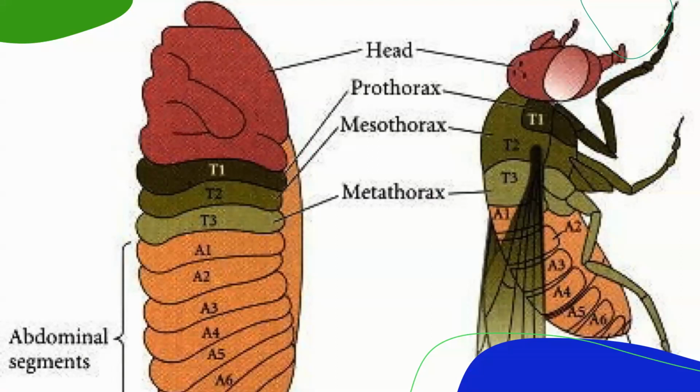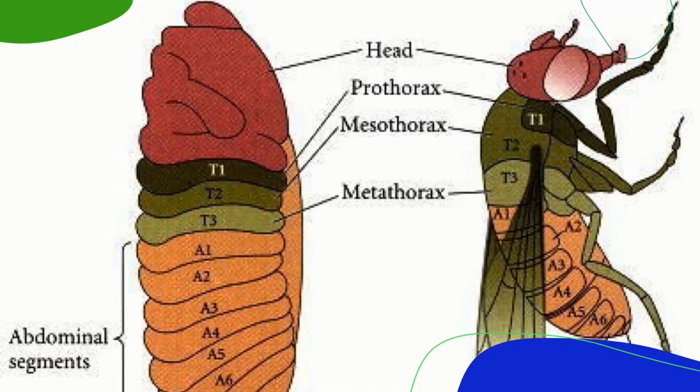The first three body segments, after the cephalic region, form the thorax of the insect: T1, T2, and T3. T1 is responsible for forming the legs of the fruit fly. T2 is responsible for forming the legs and wings, whereas the third part is responsible for forming the legs and the halteres, that is the balancing organs of the fruit fly. And the remaining 8 segments, A1, A2, up to A8, are responsible for forming the abdomen of the fruit fly. So that is the formation up to the segments, that is the gastrulation in the case of